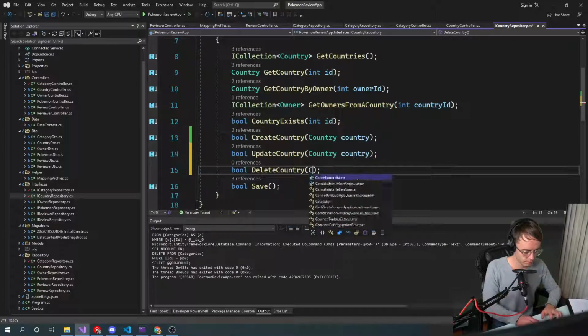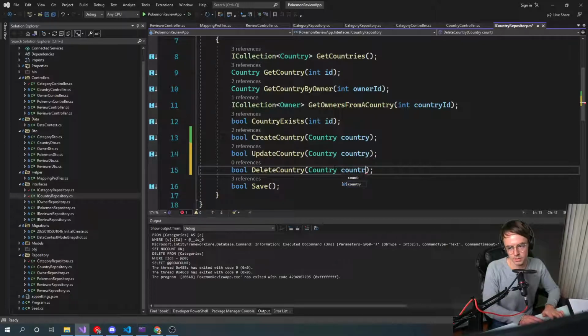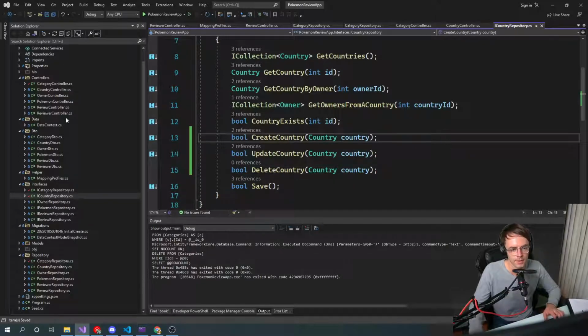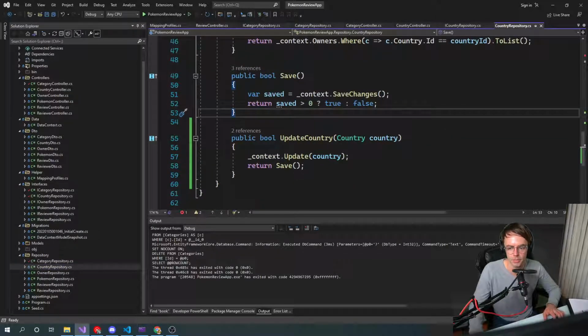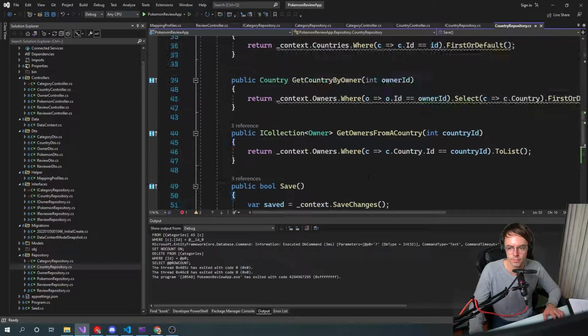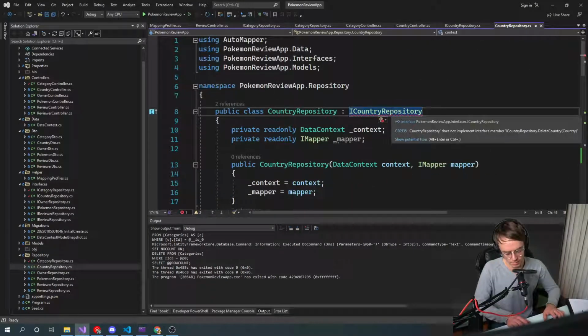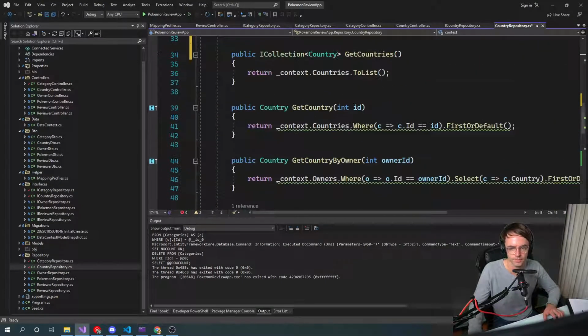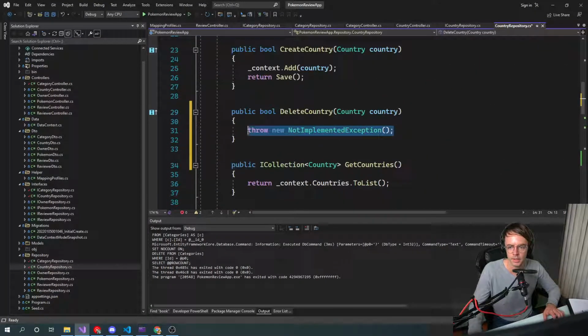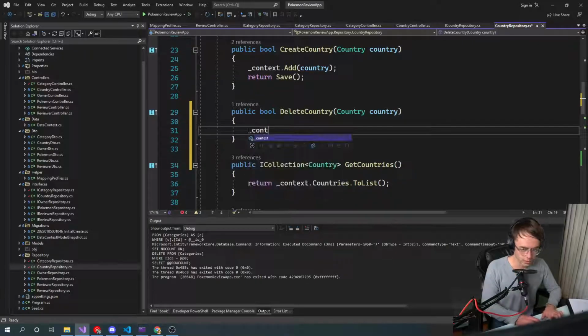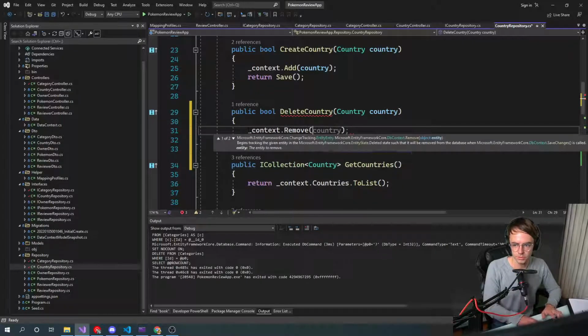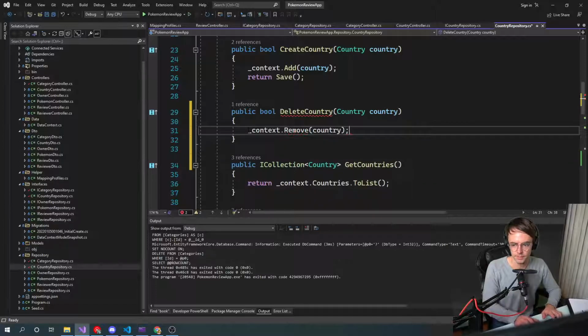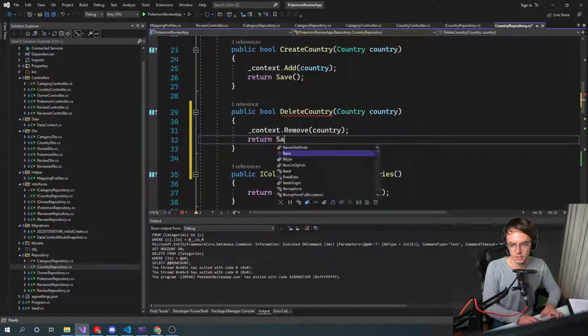So like I said, pass in the country entity. Go down to the country repository. Go up here. I'm going to go down to implement that interface. I'm going to go context.remove and throw in that country. And we're going to return save